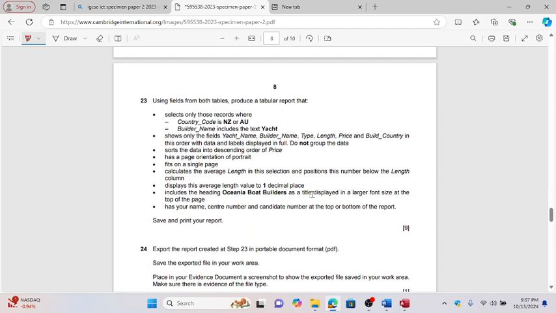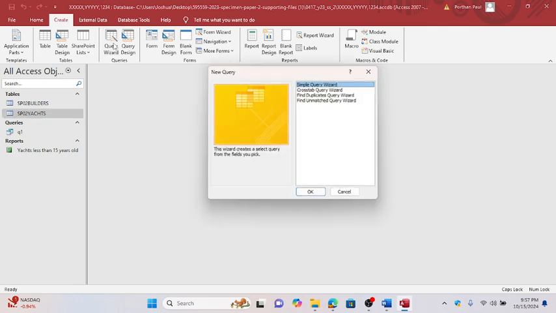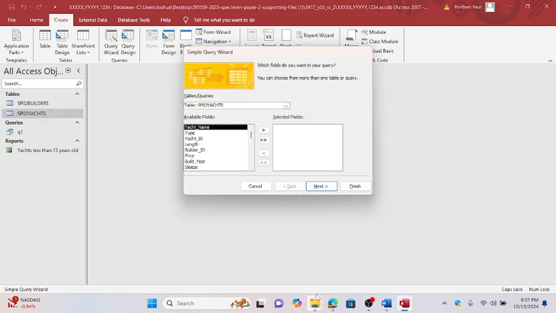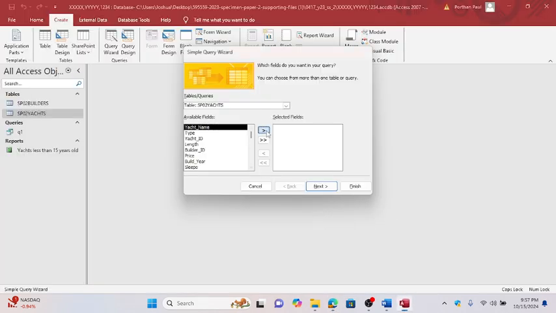So next question, use fields from both the tables, produce the tabular report. So first I am going to create the query. So create query wizard, click OK, add the fields. They are asking yacht name, builder name. So yacht name, builder name in the builder table,